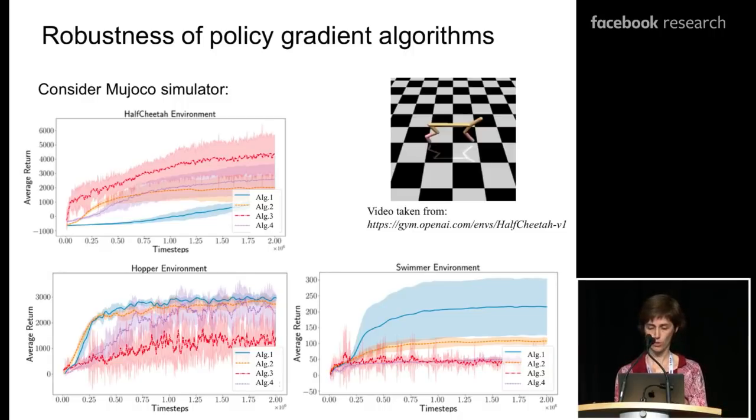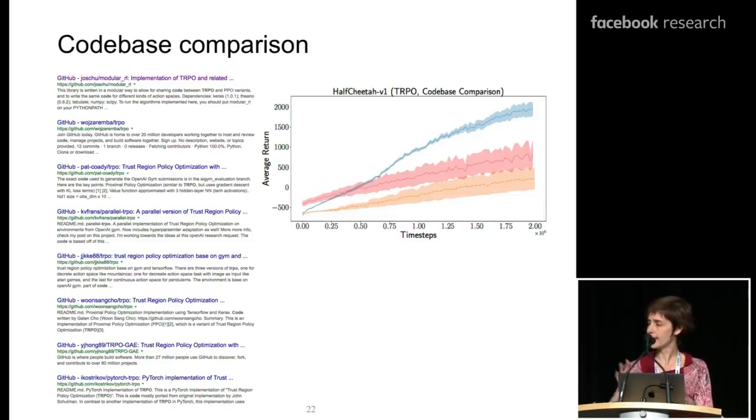We went digging through this a little bit further. We thought, maybe our implementation of some of these isn't the best. So let's see who else has implemented these algorithms and if we can do a little bit better. So quickly, I just did a quick screen grab, a Google search on GitHub for TRPO. And then a whole list of software packages appeared. I should be really excited about this. I'm advocating for distribution of software packages, sharing of this code. So there's at least 10 of them that came up very quickly, top of the search.